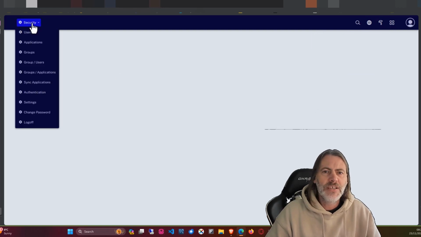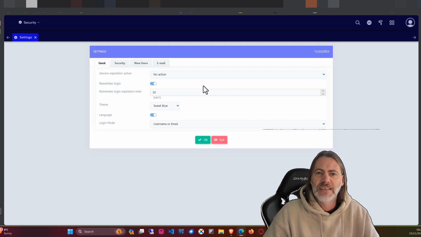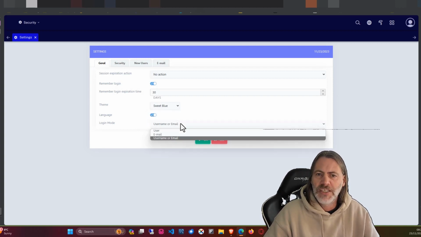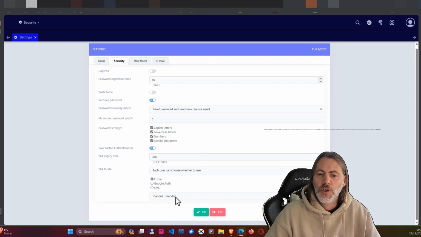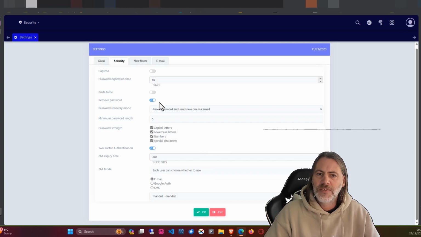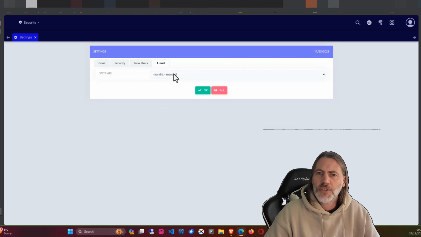Okay, so if I come now here to security and settings, we now have a completely new layout for our settings options for the security backend. And we can pretty much configure everything now. So from here, we can change the theme, we can enable or disable languages on the login page, change the login mode, the security options, as well as the password strength, if two-factor authentication is enabled, and of course for who and everything else, because all those options were available to us previously, and we can configure those again. We have then also the options for new users, as well as then the email options,